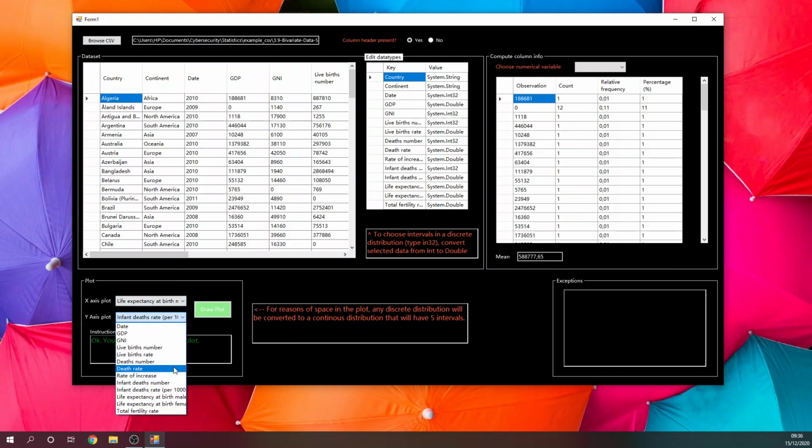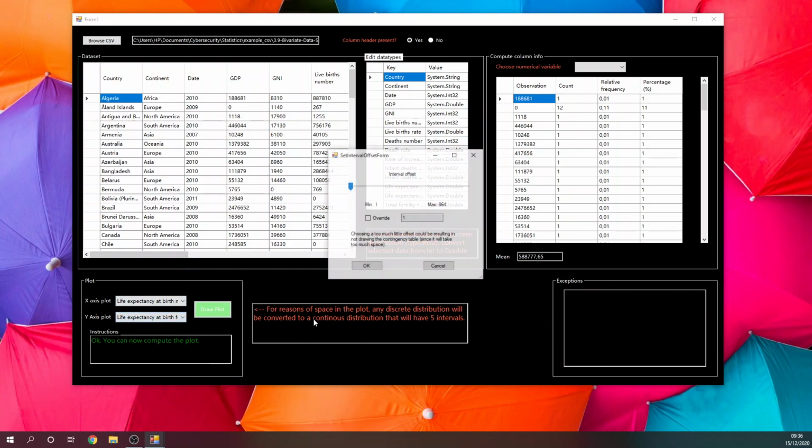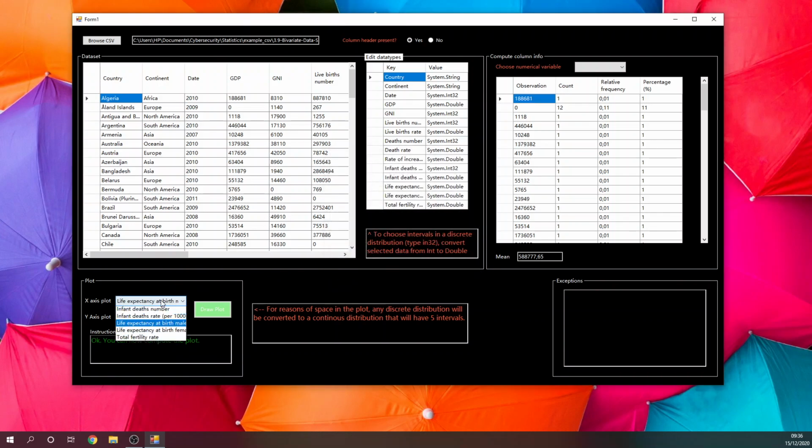So let's now plot a continuous distribution and a discrete one. For example, the GNI, that is integer 32. All columns of integer 32 are treated like discrete distributions. So if we now click draw,